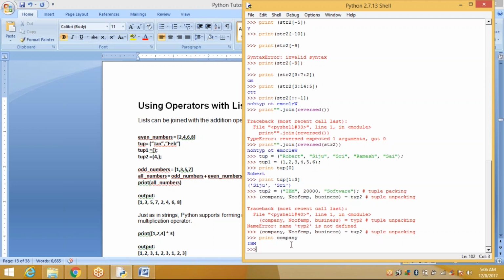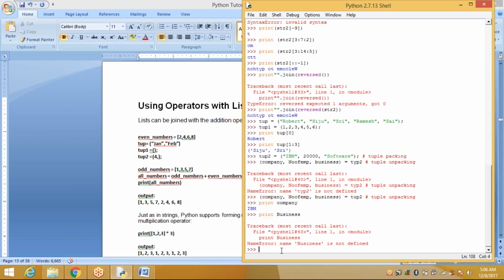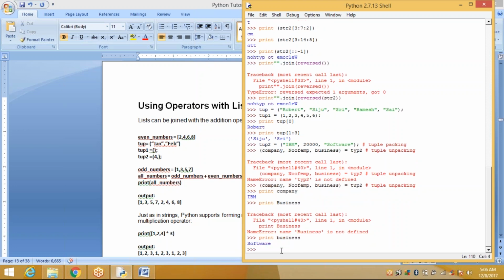Suppose you want to print business. Print, what does it display? Software.